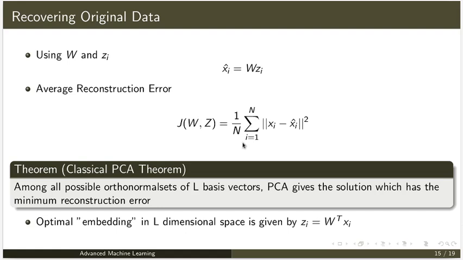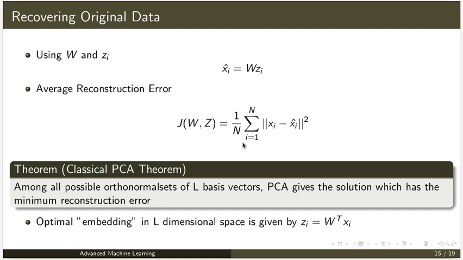You can also reconstruct your X. Let's say I give you W and Z, then if you multiply W by Zi, you will get X again. It may not be exactly the original X, but we have of course lost some information.